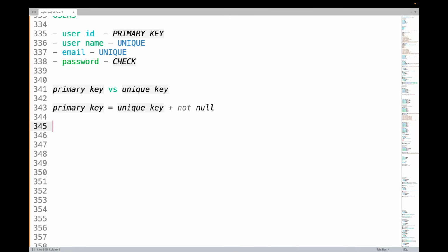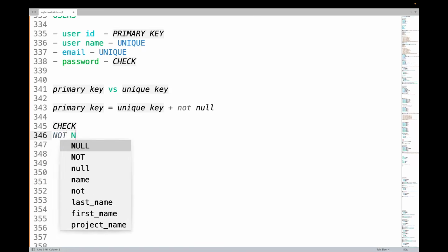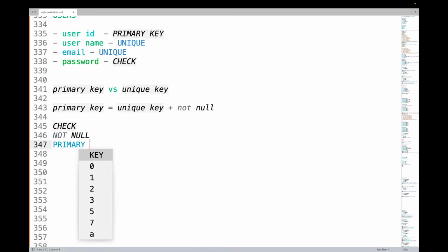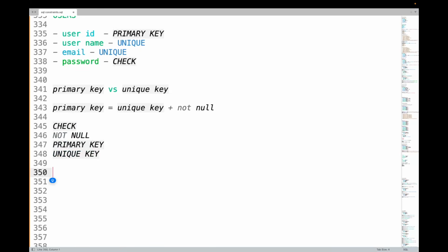So with this, what all constraints we have covered? We started with a check constraint earlier, right? Check constraint. Then we talked about not null. We talked about primary key constraint, and then we talked about unique key constraint. Now, let me ask you, can you have unique key plus not null, right? That means, for example, if